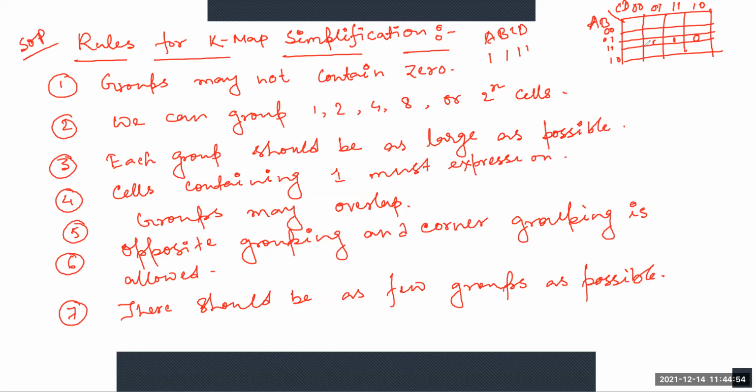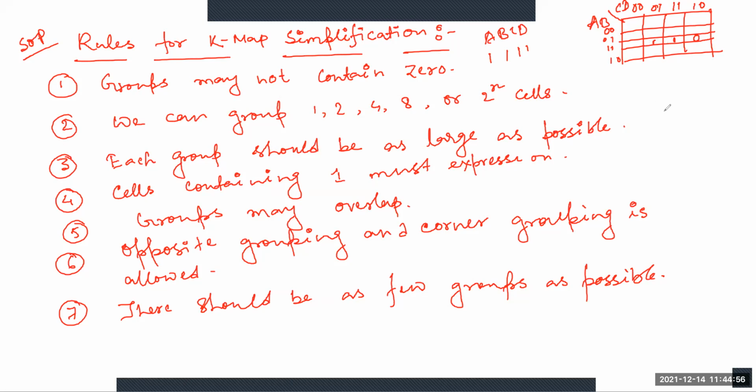तो यहाँ पर देखो, suppose जो expression है, suppose A B C D plus A B C bar D bar, like that. So there are two terms. So suppose ABCD means third row, third column, like that. So AB C bar D bar, what block actually indicates here? AB C bar D bar.